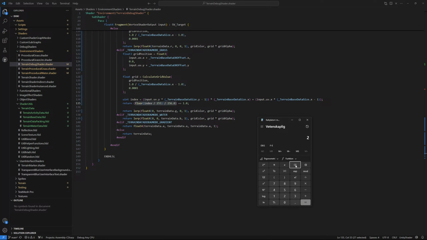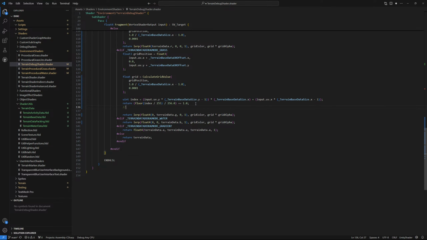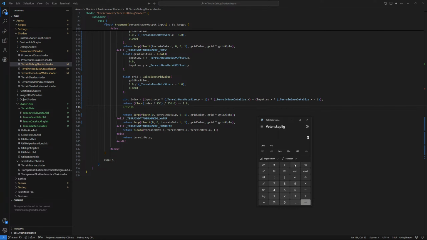256 times 256, I mean. So if we have the last index and we do divided by 255,